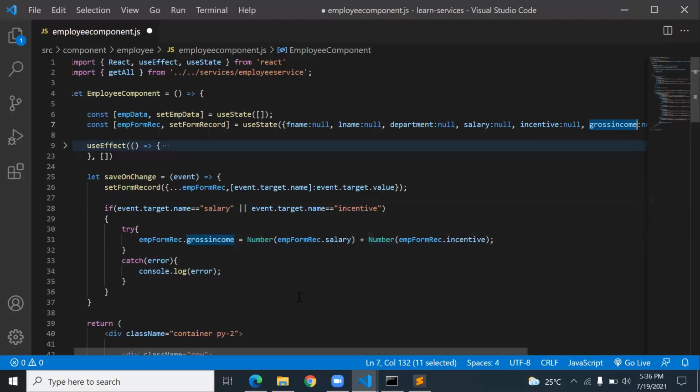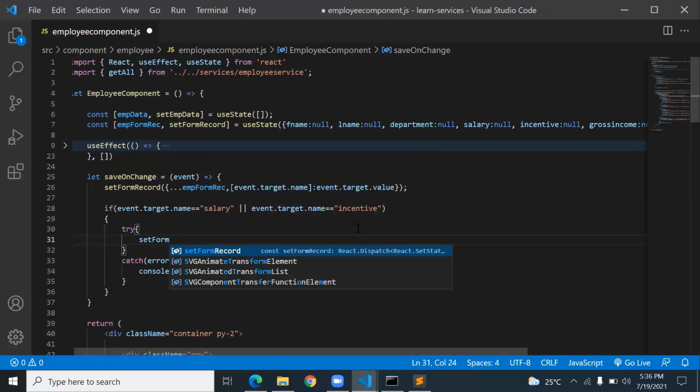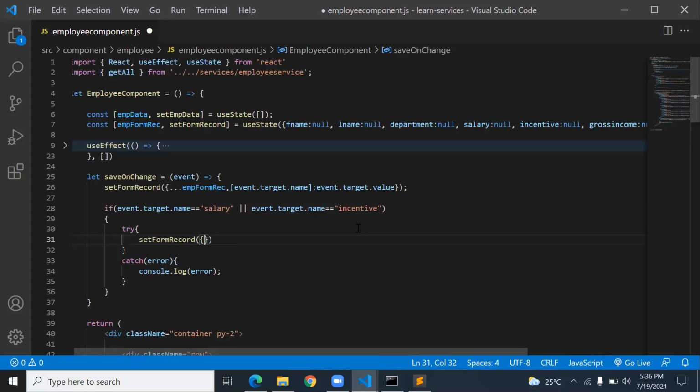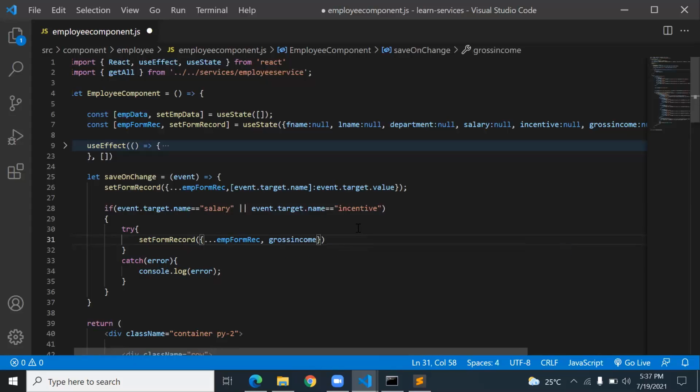In state, how to set the value? Not like this. I cut this part, and what I must write is set form record in curly brackets, emp form record, comma, and I write emp form record, that is gross income, colon this part. Now it will work.